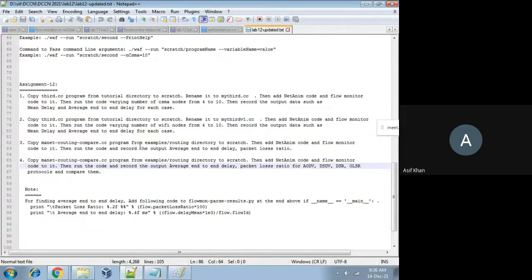See, in this question, the 4th number code is just run as it is. This one, 4th number assignment. What is there in that MANET routing compare, just run it and find the average end-to-end delay and packet loss ratio. This one I have already done. And this one, question number 4, here you have to actually change these protocols. You have to just pass the hyphen protocol value in the command line while running. So 2 is for AODV, DSDV is 3, DSR is 4, OLSR is 1. So you have to pass this protocol value and then again find the performance by using flow monitor. Okay, is that clear, students?